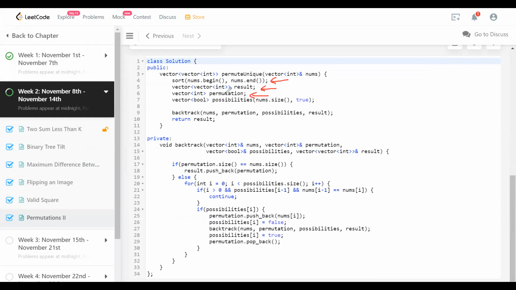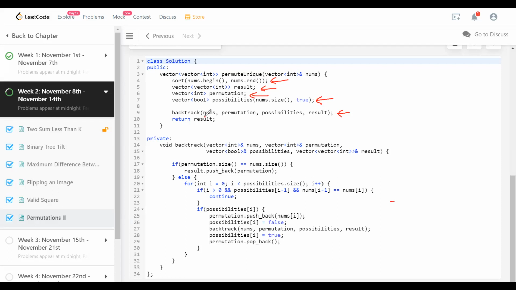When we reach a leaf, we have a permutation to use, and then we're going to add it to the result. I'm using possibilities as a Boolean vector to see whether each of those symbols is open for choosing or not at that level, right? Obviously that has the same size as the nums array, but it is going to be true to start with because they are all possibilities. And once I use it, it's not a possibility anymore, right? We should not use it down the tree. So I'll call this backtracking method.